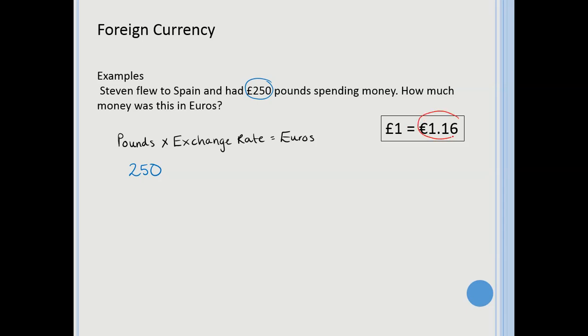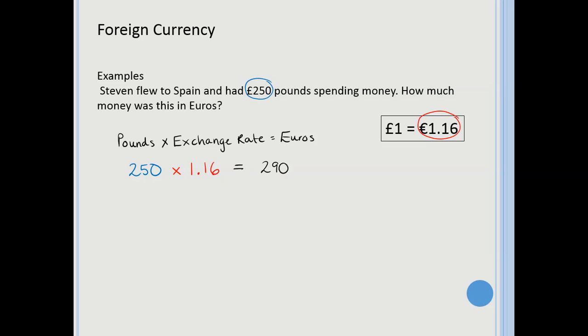I get 1.16 euros for every pound that I have, so I'm going to do 1.16. Now, these questions are going to be calculator questions, so you are allowed to use a calculator for these. So 250 times 1.16 is